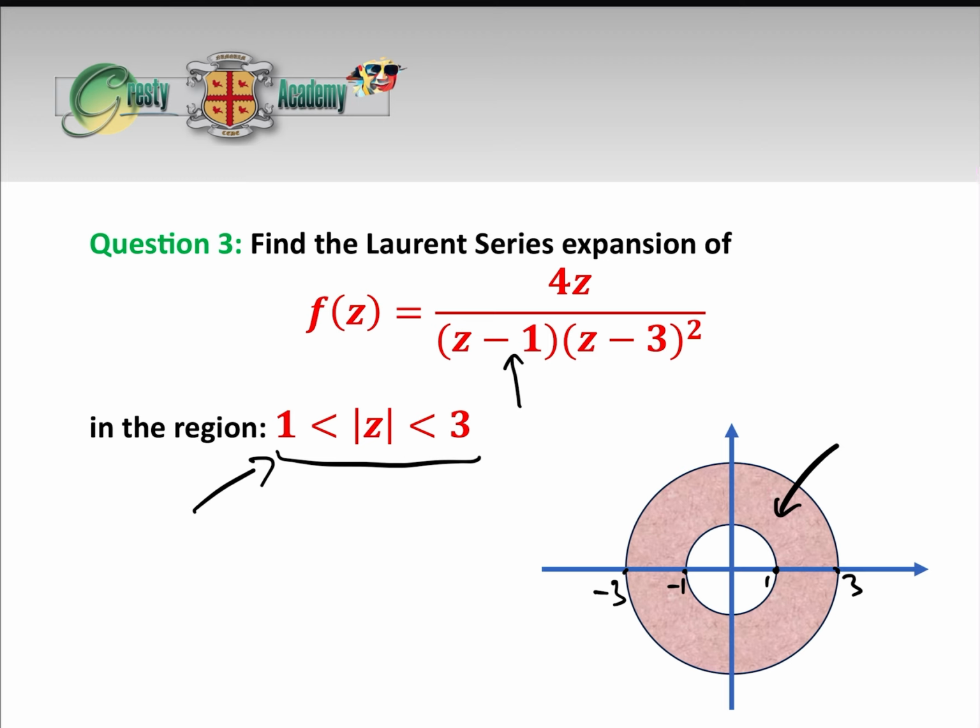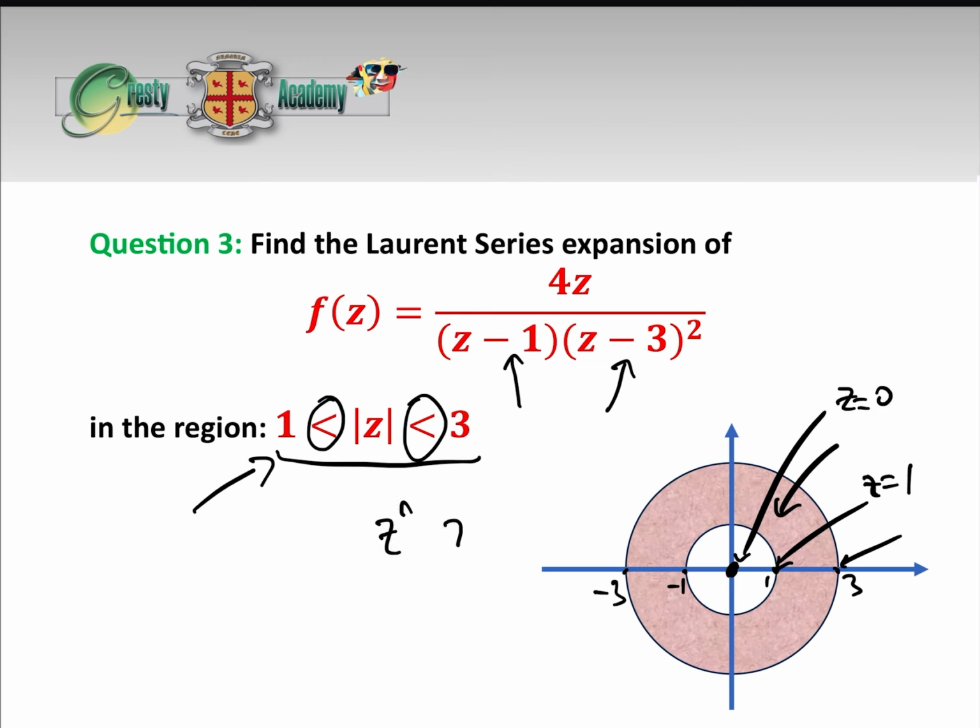And let's have a look at the singularities. We have a singularity at 1, i.e. z equals 1 here, there's a singularity. And we also have a singularity at z equals 3 here. But because we are in the region mod z greater than 1 and less than 3, those two singularities are not part of our region and therefore we can expand it. Also just note that the centre about which we are expanding is again 0 because that's the centre of both circles. So again we'll be looking for terms of the order z to the n and z to the minus